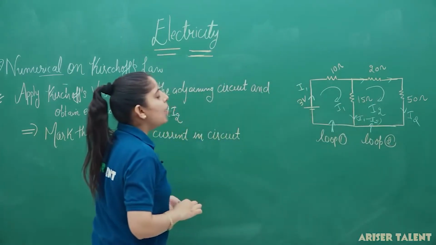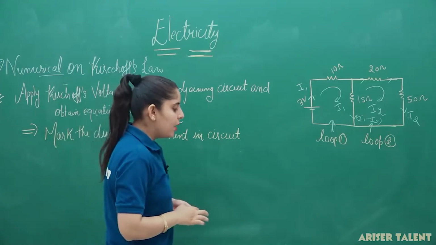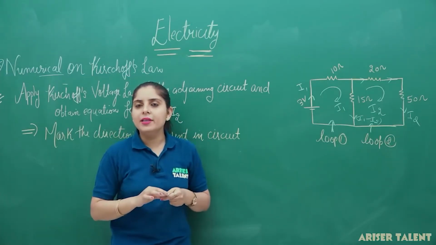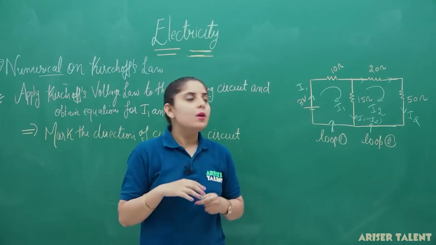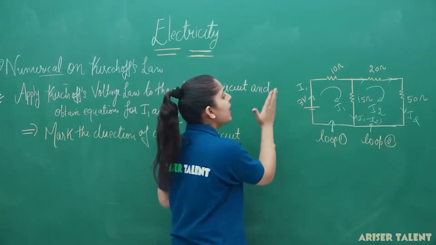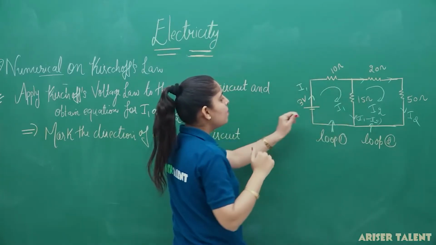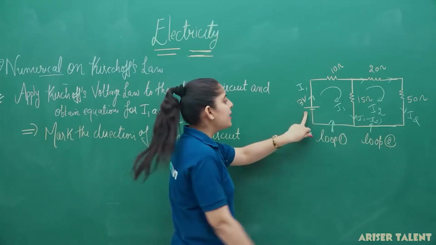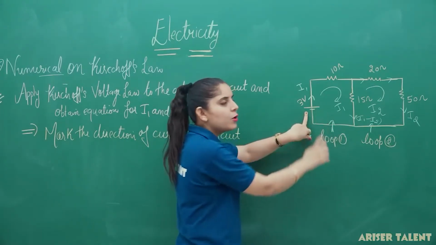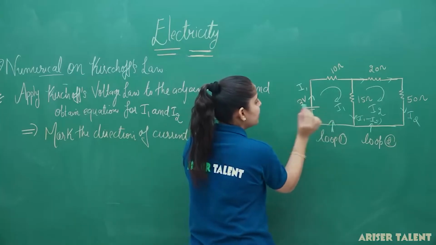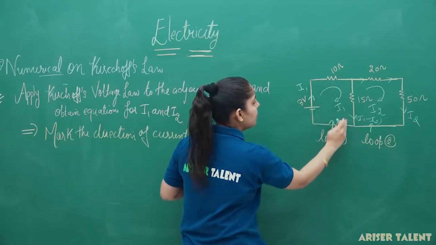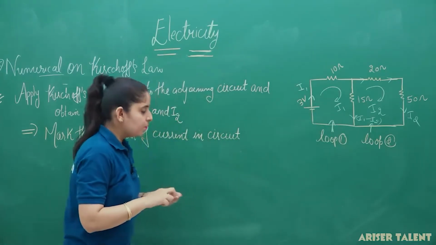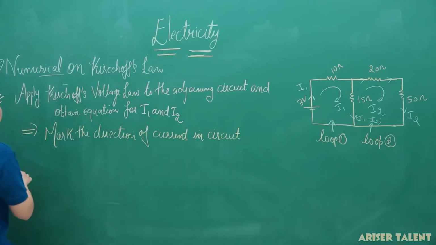If I am going to apply Kirchhoff's law in loop 1, what do you have to take? You have to take the directions of the current. If you are going in the direction of the current, take it negative, and take the battery in the opposite direction. But if you are taking the positive sign, take the terminal of the battery from where you are going. This is the positive terminal and this is the negative terminal. So if I am going in a clockwise manner, I will take the battery as 3 volt. So, apply Kirchhoff's second law